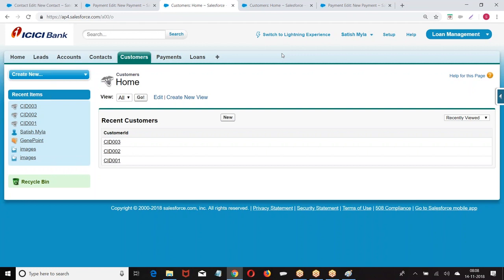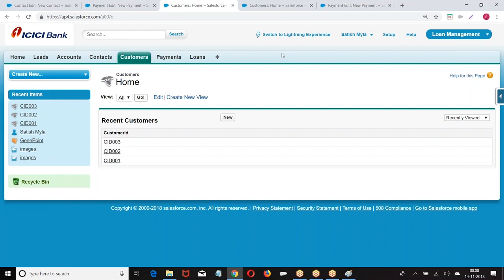Right, boss? Let us conclude all the points once again. Master detail is a one-to-many relation. It is created only on a custom object. It can be created only on those custom objects on which there are no records in the object. This is a required field. This field will contain the 18 character ID of the master record. If you delete a master, child will be deleted. Whoever is the owner of the master record is the owner of the corresponding child record.